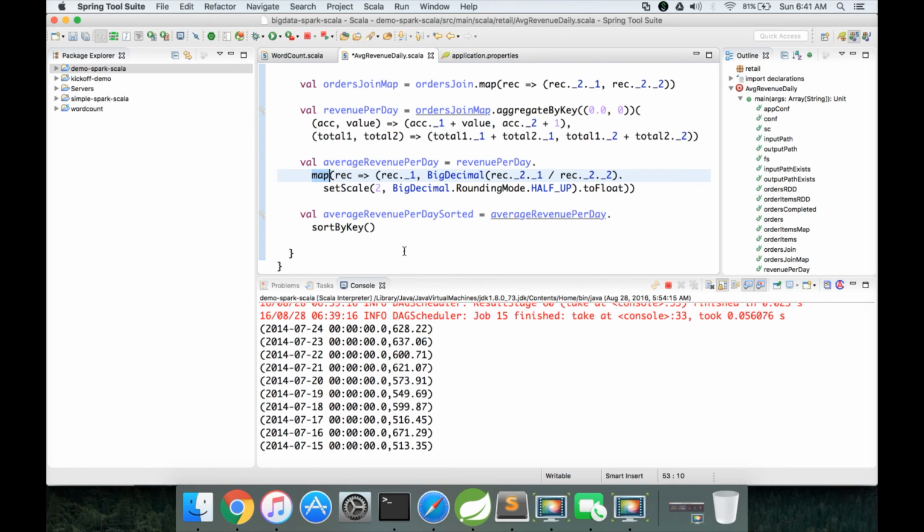And also we have seen how the data is represented in tuples, how the data can be accessed in tuples, how we can integrate with Scala APIs to round up, etc. So we have seen so many important concepts as part of this simple use case to compute the total revenue and average revenue for each day. And finally, this result, which is already sorted, has to be stored somewhere, and we will see how we can do that as part of our next video.